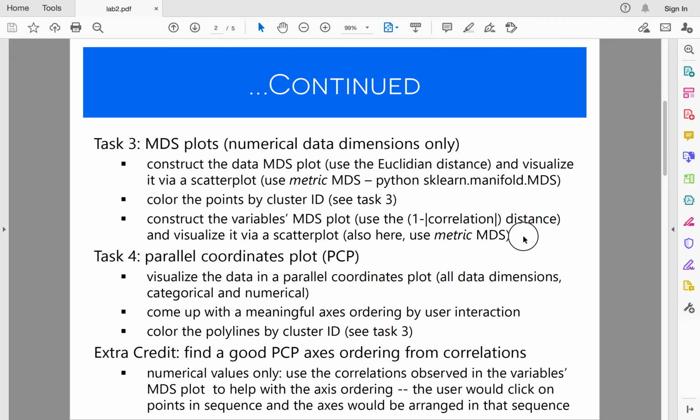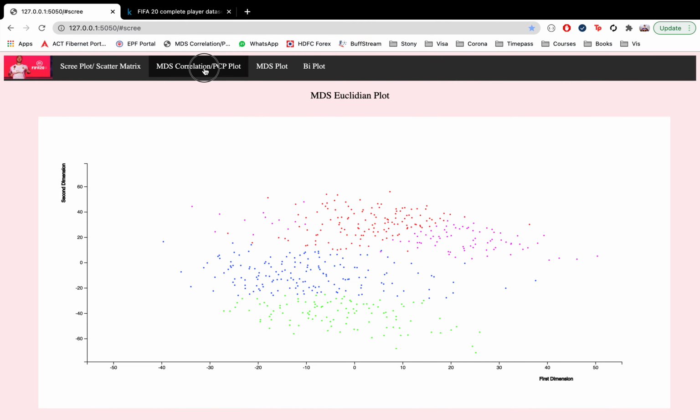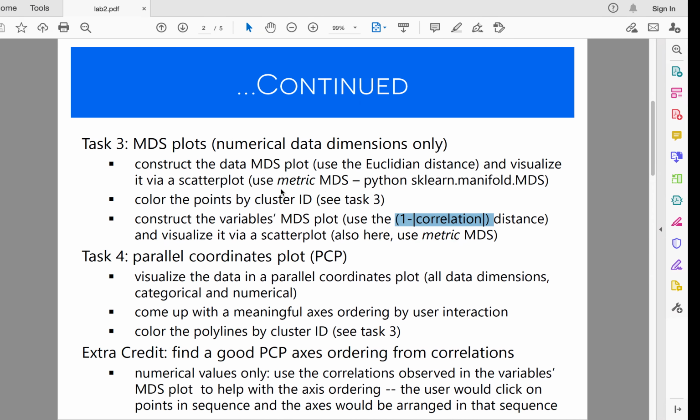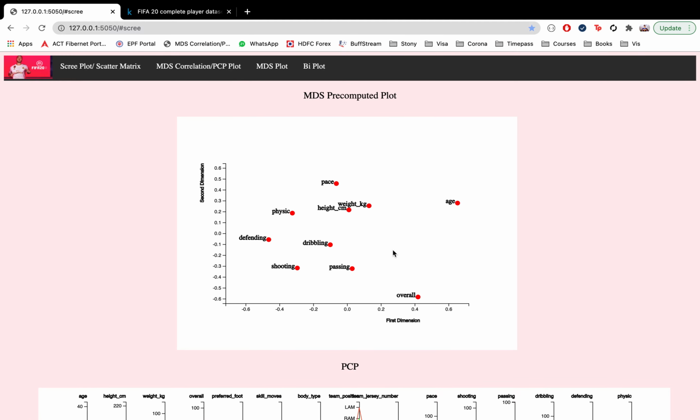On top of that, we're asked to come up with a new MDS plot where we compute a precomputed distance, which is one minus the correlation. For this, we are asked to show it for the variables. So I calculated the correlation for all the data points, and I got a 10 by 10 matrix, and I sent that to the MDS with two dimensions to show it on a 2D plot.